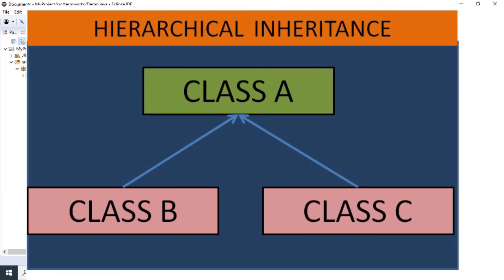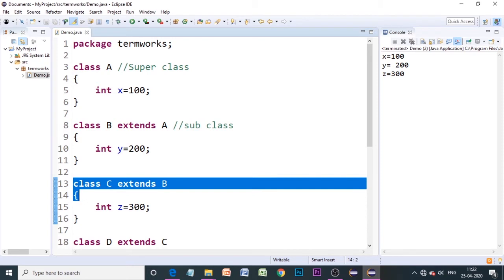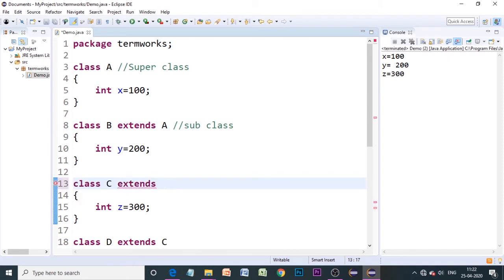For example, here class A is the base class and class B is extended from class A, and now I will write class C extends A instead of B. I will remove this and make it A. So we have class A, which is a superclass for both class B as well as class C. So this is called hierarchical